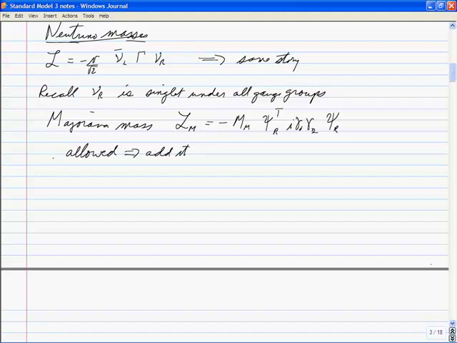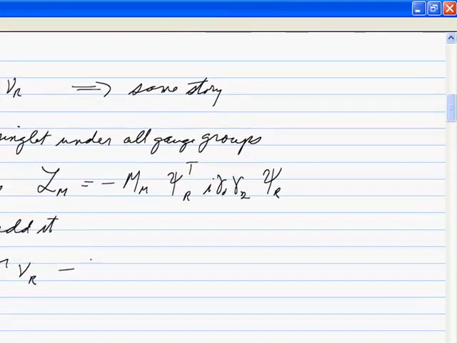Okay. So there are two terms. Then the Lagrangian contains the minus v over the square root of 2, nu bar left, gamma nu right, and then there's